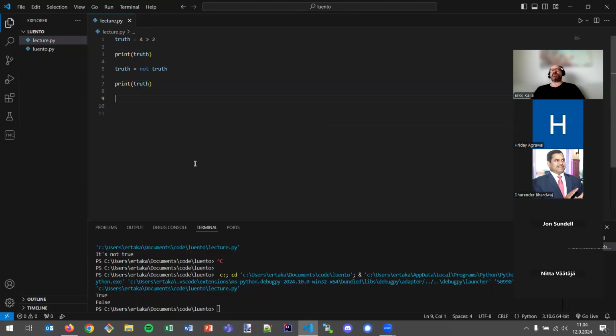It changes the value to a logical value to its complement. Or Boolean value, like we call them in programming, to its complement. So Boolean variable only has two possible values, true or false. Okay, we will talk about this more later,